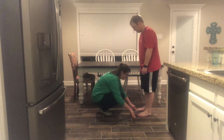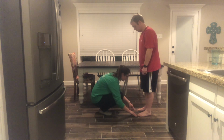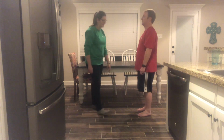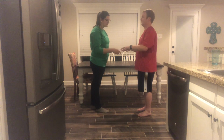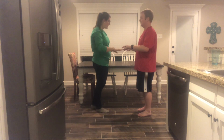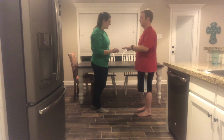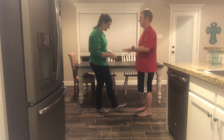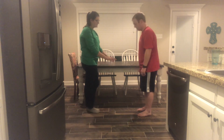His cap refill is less than 2 seconds, and his nails are smooth and transparent. There is no discoloration or pigmentation. I'm not sure if I did the cap refill on his fingers, but the cap refill on his fingers is less than 2 seconds. His nails are also smooth with no discoloration, peeling, or excessive thickness. And there are no venous malformations on his